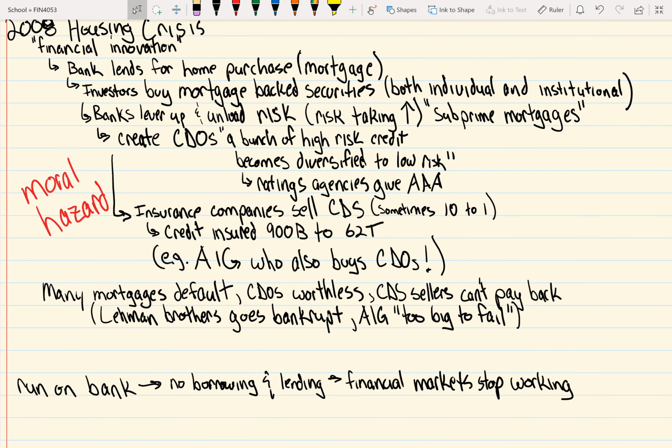So that is why the government deemed AIG too big to fail, because they had too many ties throughout the world, and that's why this was felt throughout the world, because of course they had a ton of other insurance policies on many other things, including houses, cars, life insurance, things like that. So of course, if they went bankrupt and were unable to pay their CDSs, then they can't pay any of those other things either.